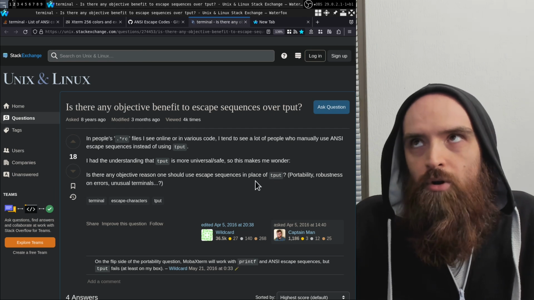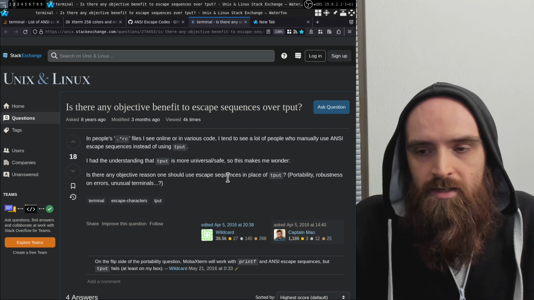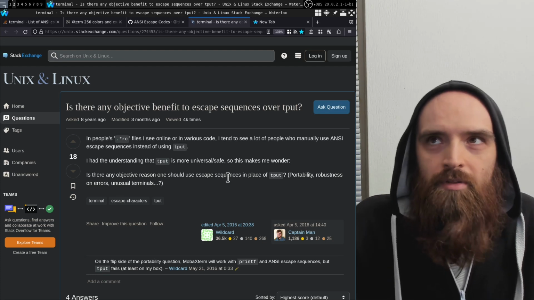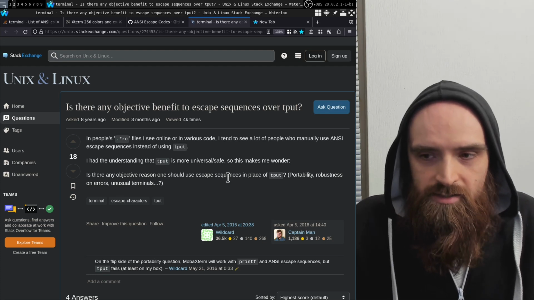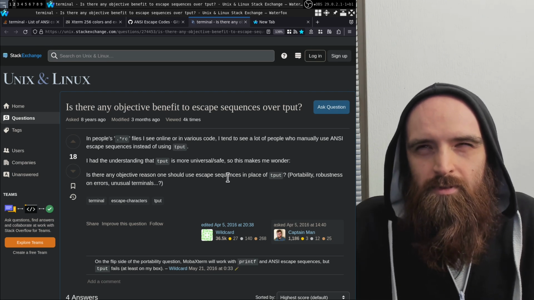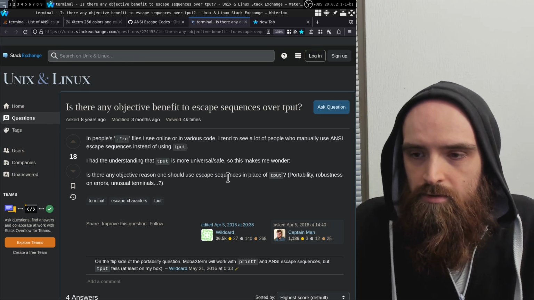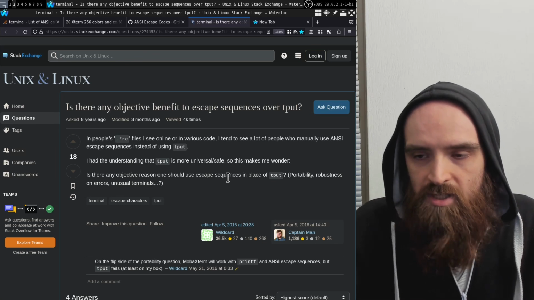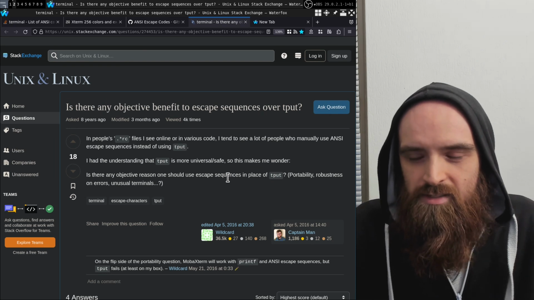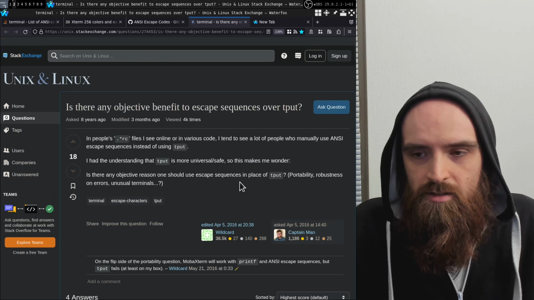And it also can't do all of the things that you can do with just the raw escape sequences. I'll mention a couple of things that tput cannot do as we go through the ANSI escape sequences, and I find that inconvenient,